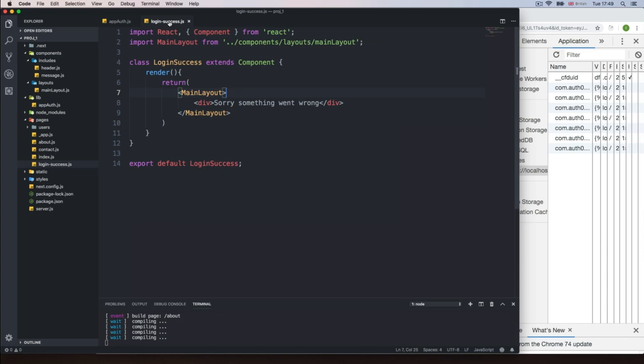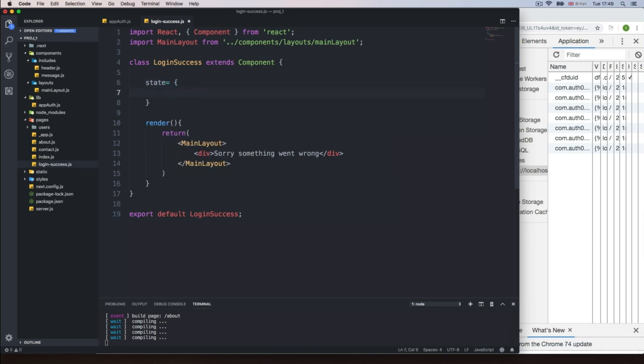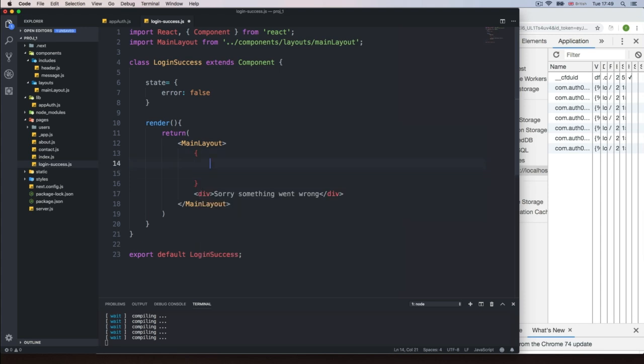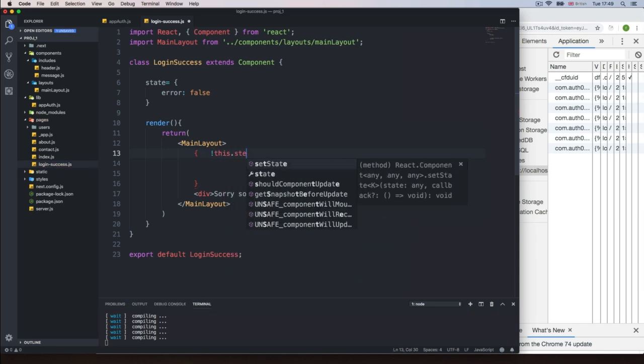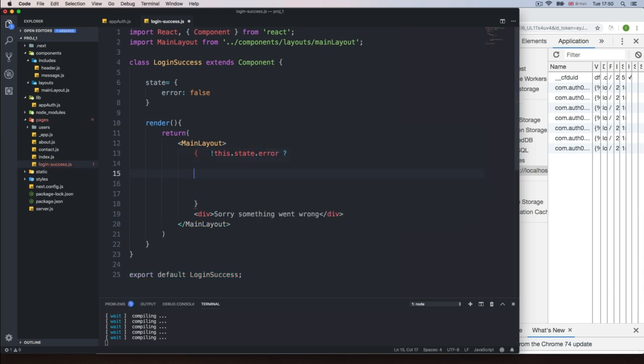All right. So I'm going to go here and I'm going to manage this through state. I'm going to say state and I'm going to say error. And when the application starts, the error is going to be false. So when we go back to the login from Auth, I want to maybe show a div saying signing in, or show the user that we are doing something, that they need to wait. So for now, I'm going to do this as state, that error. So if the error is true, we're going to do something. And if it's false, we're going to do,